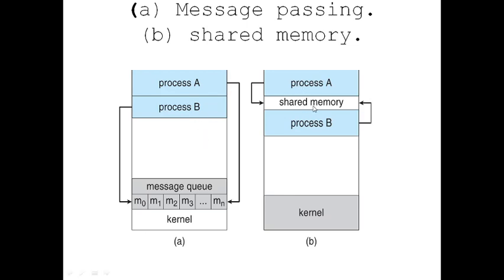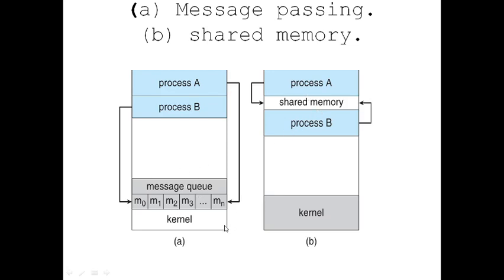In the case of shared memory, there is no need for any separate message queue to be created. It only requires a common memory between the two processes, and process A and process B will identify some memory region and agree to share that memory region as a means of their communication. Once this has been agreed, whenever they want to communicate, they will simply write the message into this memory, which can be retrieved by the other process. This is the way communication happens in shared memory.